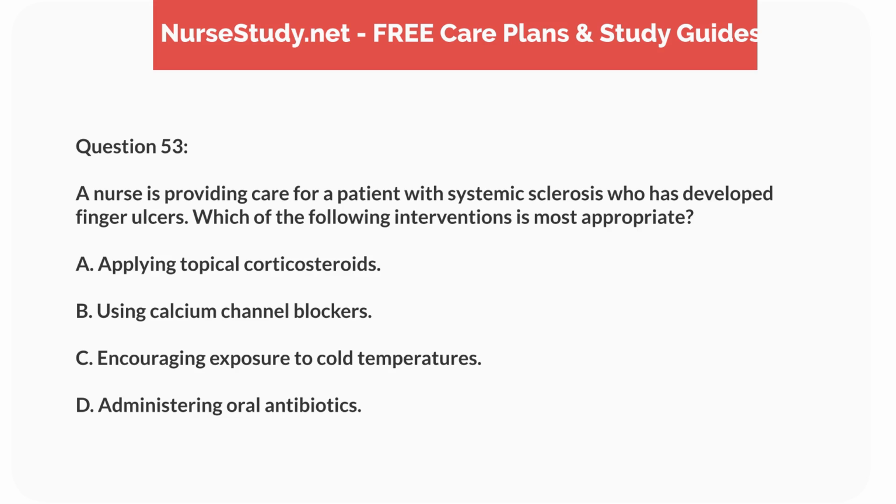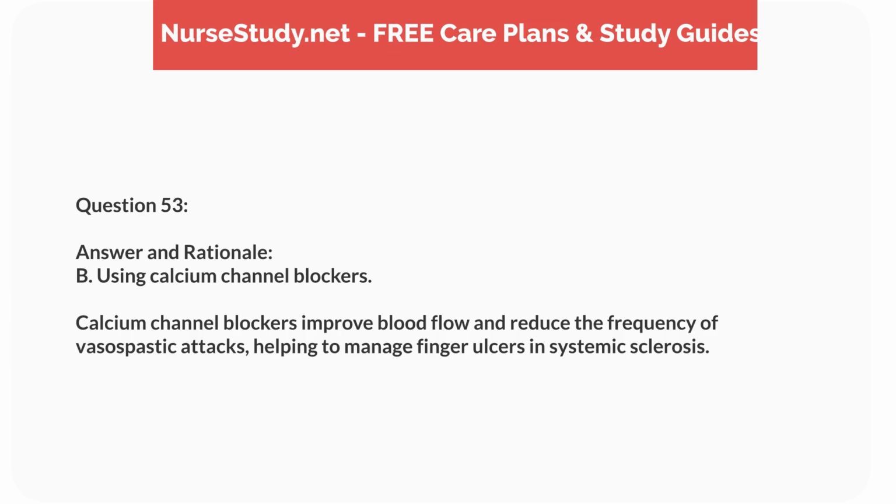Question 53. A nurse is providing care for a patient with systemic sclerosis who has developed finger ulcers. Which of the following interventions is most appropriate? A. Applying topical corticosteroids. B. Using calcium channel blockers. C. Encouraging exposure to cold temperatures. D. Administering oral antibiotics. Answer and rationale. B. Using calcium channel blockers. Calcium channel blockers improve blood flow and reduce the frequency of vasospastic attacks, helping to manage finger ulcers in systemic